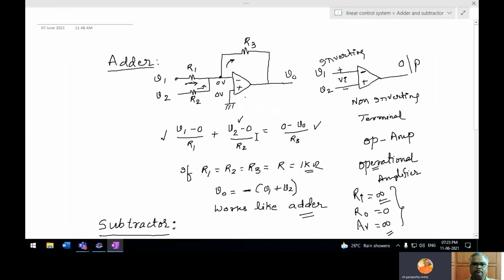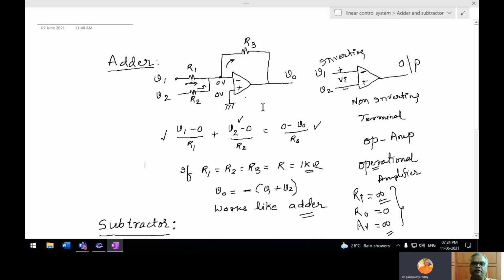Now let us start the lecture. Today's topic is using Multisim, how to perform the experiment adder and subtractor using op-amp. Using op-amp, the experiment is adder and subtractor using op-amp and simulation. Because of COVID, you are not coming to college. So with the help of simulation only, we are doing all the experiments. And the end exam also may be simulation only. Let us see, depending on the situation or policy of the college or university. That is not in my hand.